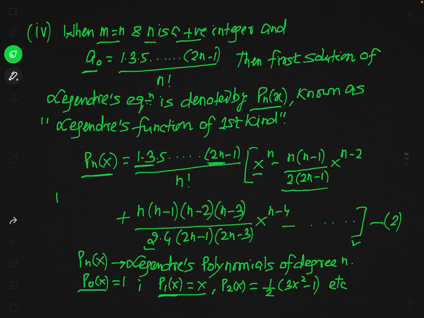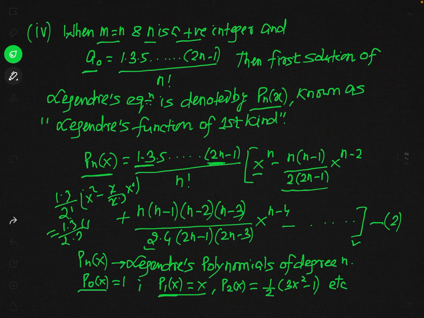तो आपको 1 into 3 सेलेक्ट करना होगा और डिवाइडेड बाय फैक्टोरियल 2, सो दैट विल बी 1 into 3 डिवाइडेड बाय फैक्टोरियल 2. अब देखिए स्क्वायर ब्रैकेट के भीतर क्या बचेगा, x to the power n, it means this is x square, and minus 2 into 2 minus 1, that will be 2, and divided by 2, you can see here 2n minus 1, that is 4 minus 1, that is 3, and x to the power n minus 2, n is 2, so x to the power 0, so you can see this is simply 1 over 3, and so this will be 3x square minus 1 by 3, and result will be 1 into 3